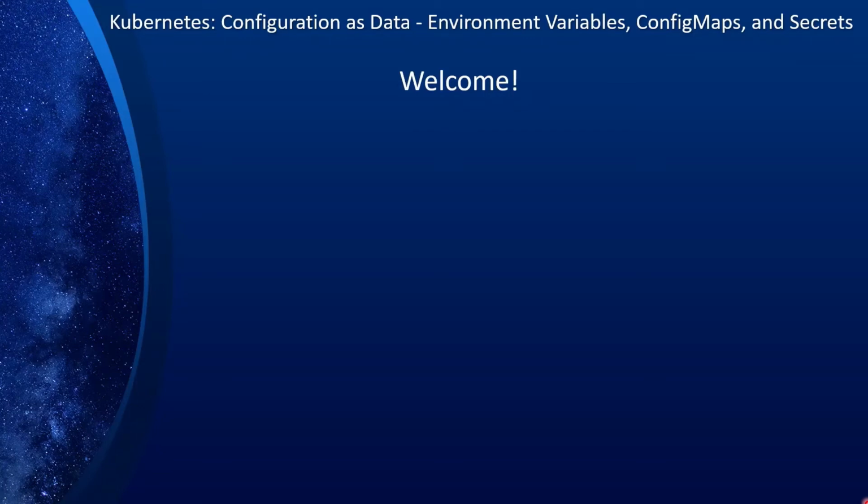Hello and welcome. In the previous episode, we discussed how Kubernetes assists container-based applications to abstract storage from code through ephemeral and persistent volumes. If you missed that episode, you can view it by clicking on this notification right up here. In today's episode, we will discuss how to factor out and abstract application configuration data from code, because most